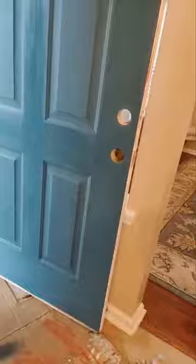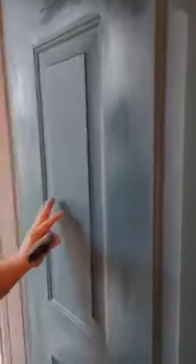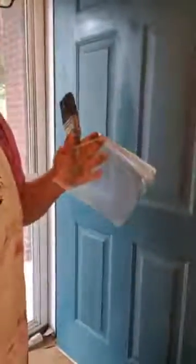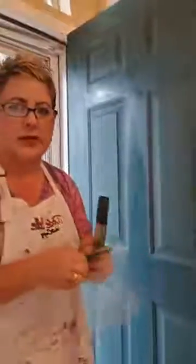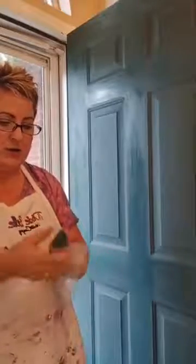Okay, so I'm going to show y'all up close here. Okay, so can you see? This is dry right here. This is dry. And I'm going to bring in, let me see, it's getting to be afternoon here, so the sun is... But do you see that there's hardly any brush strokes in here? They're very, very minimal. So I'm going to put my brush in this baggie. If you don't know this trick, I'm sure most of you that paint do. But since I can't wash this right now, and I don't want it to get hard, I'm going to put,